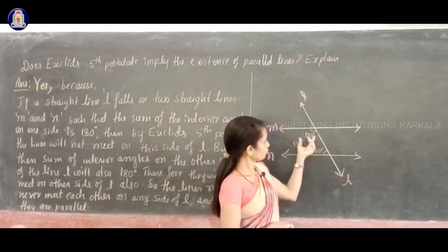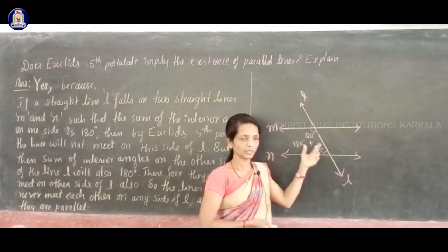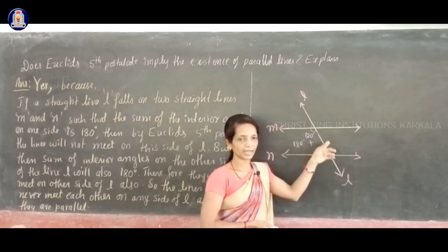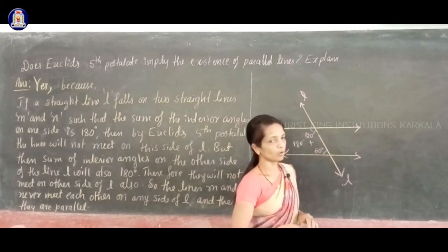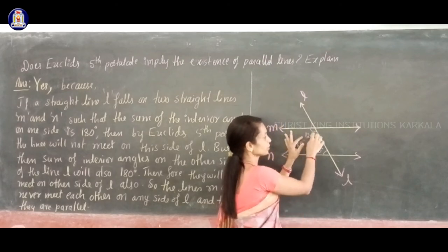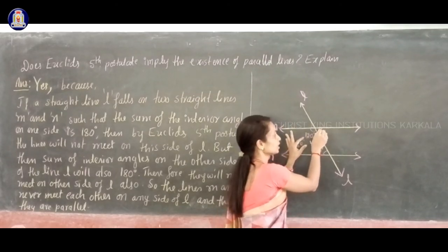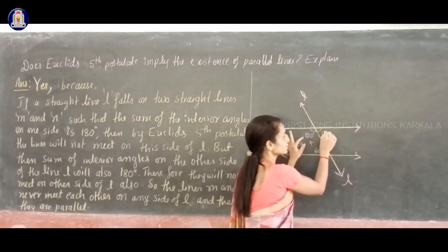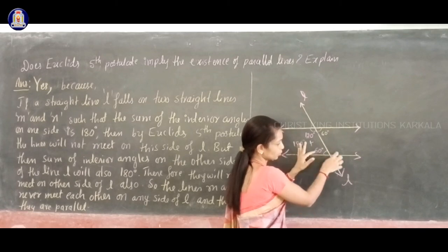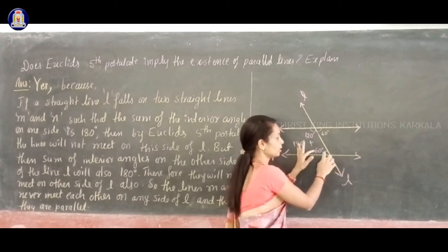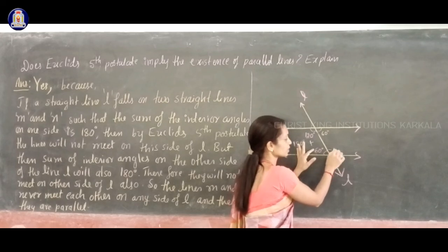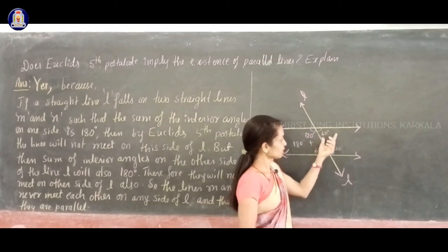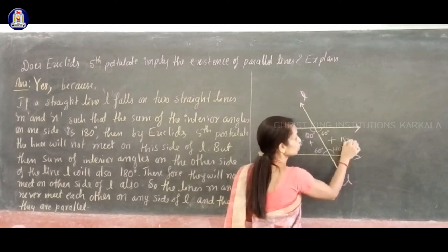Okay. But if the sum of two interior angles on the left side of L is 180 degrees, then the sum of two interior angles on the right side of L is also 180 degrees. Why? Because see here you have 120 degrees. So what is the remaining angle here? The total should be 180 degrees, in that 120 is here, so the remaining is 60 here. Okay. See here, the total angle should be 180 degrees, but in that 60 is here, so the remaining is how much? That is 120 degrees. So here also you will get the sum of these two interior angles equal to 180 degrees.